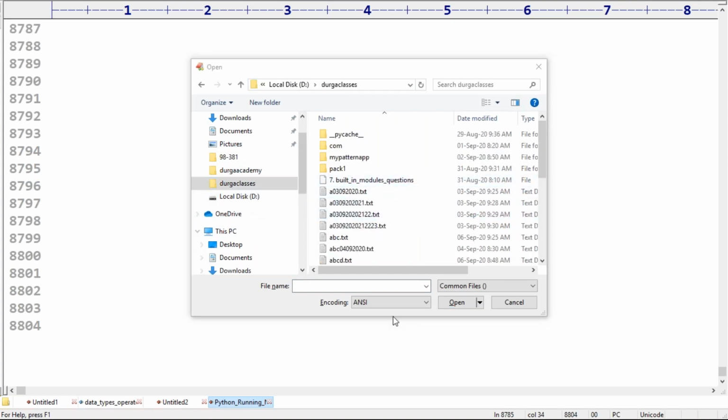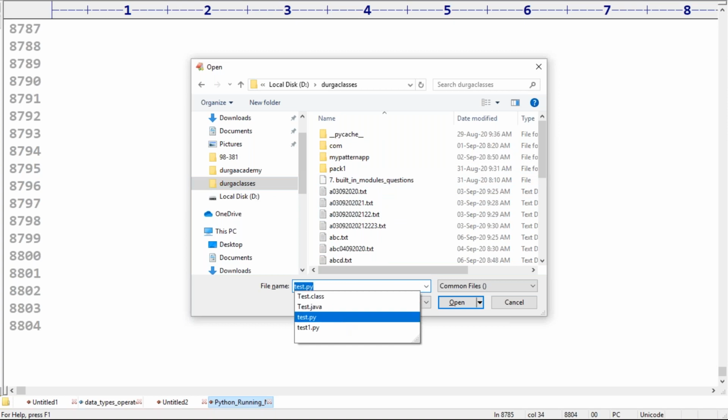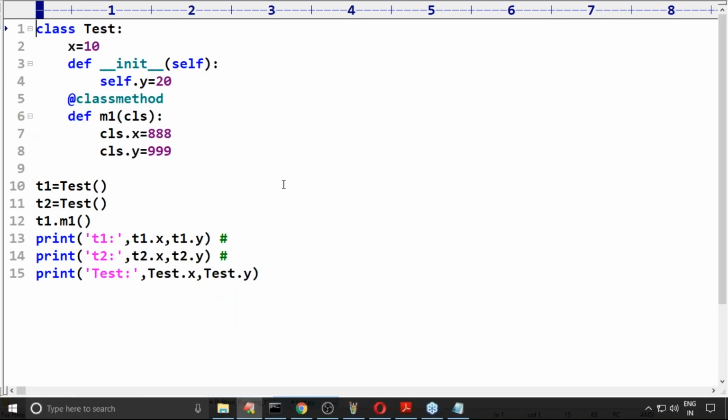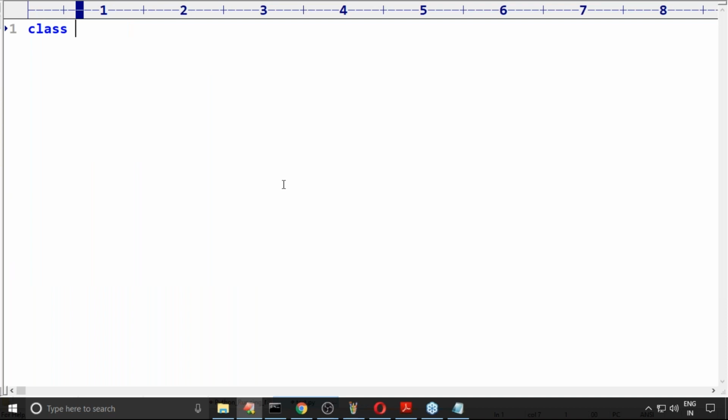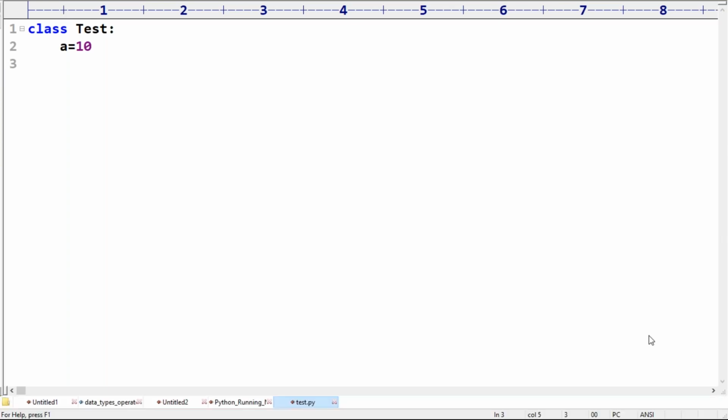Now my requirement, observe carefully. Here I'm taking class Test, with a is equal to 10. Can you please confirm, a is equal to 10, what is this variable? I forgot, because there is some gap. Within the class, if we declare any variable, compulsorily it is a static variable, right?